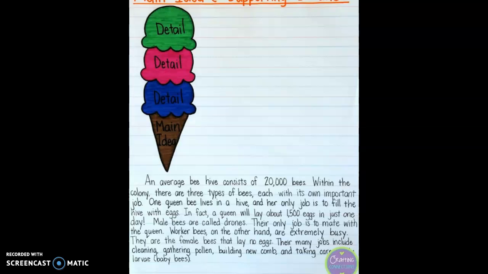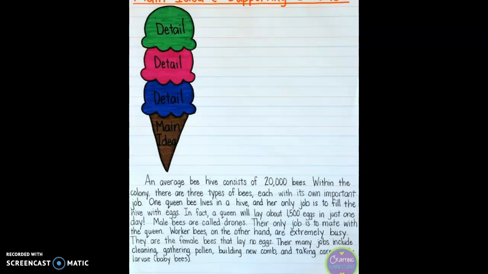So the first supporting detail would be the queen bee, and her job is to fill the hive with eggs. So again, our information, our detail about the queen bee supports the main idea of a hive having three types